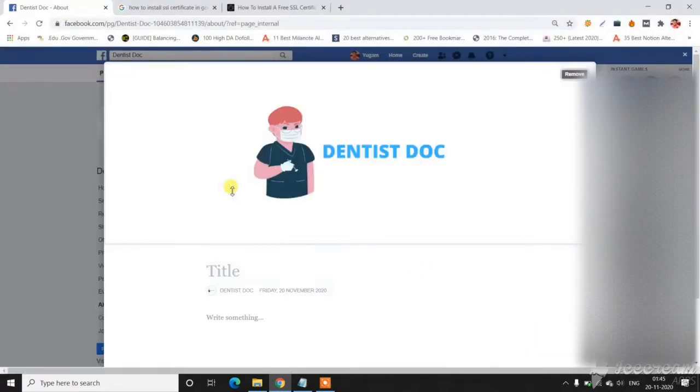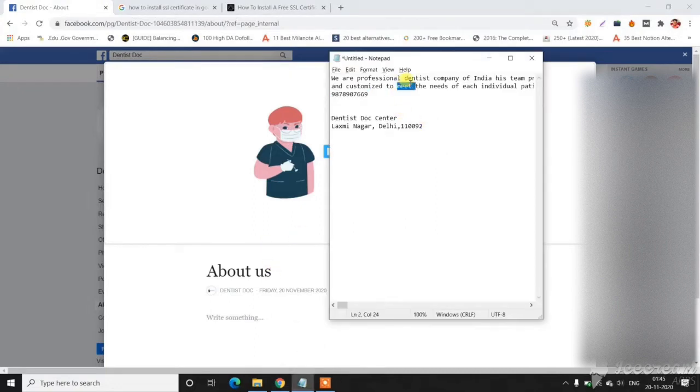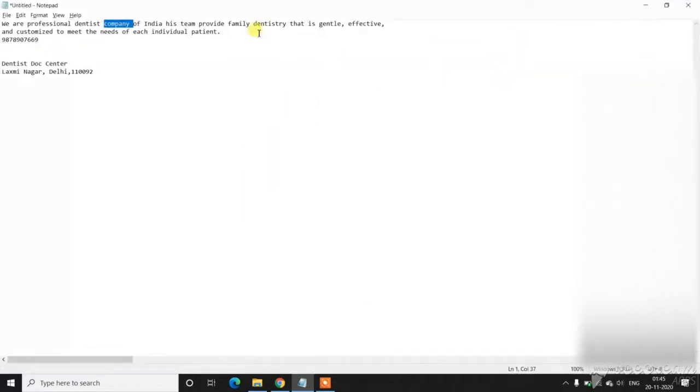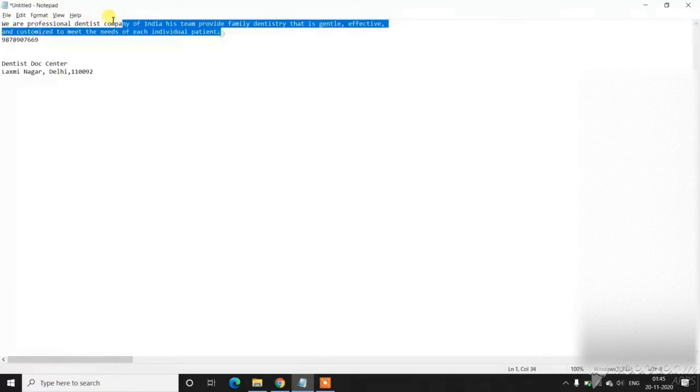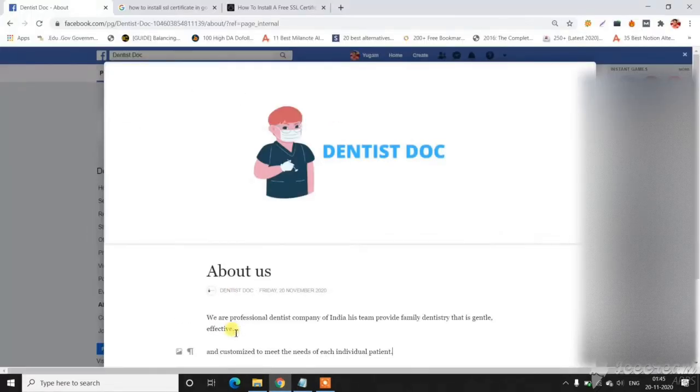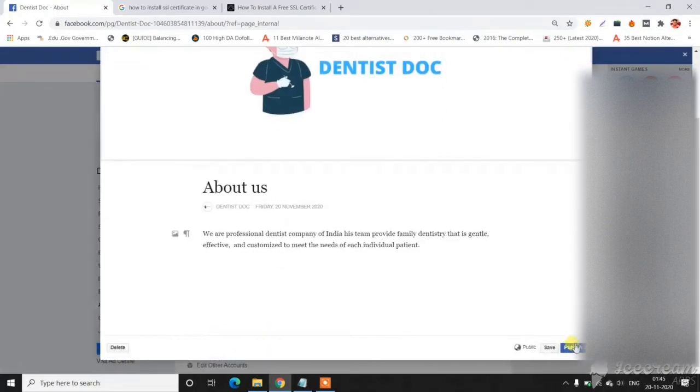Now add something like about us and add some more information, like you can provide the mission of your company, how it was founded, etc. And then click the publish button.